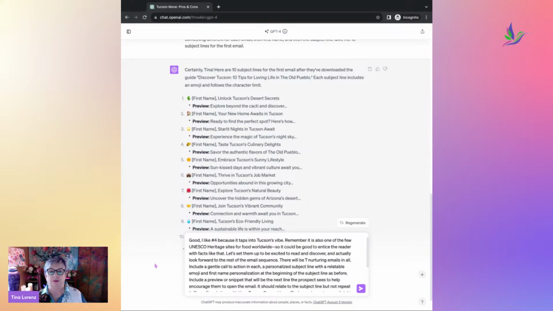So here's the prompt. Good. I like number 4 because it taps into Tucson's vibe. Remember, it's also one of the few UNESCO heritage sites for food worldwide. So it could be good to entice the reader with facts like that. Let's set them up to be excited to read and discover and actually look forward to the rest of the email sequence. There will be 7 nurturing emails in all, including a gentle call to action in each, a personalized